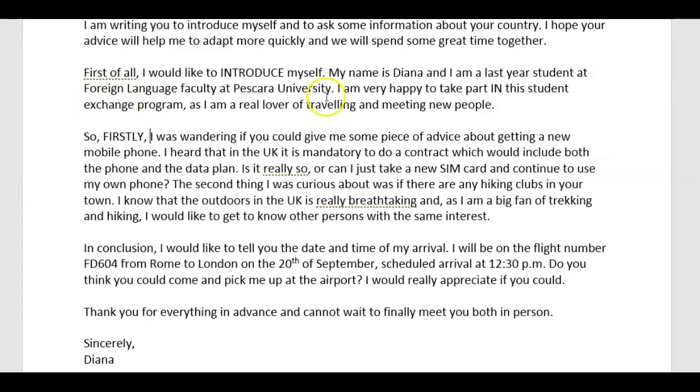I was wondering if you could give me some piece of advice about getting a new mobile phone. I heard that in the UK it is mandatory to have a contract which would include both the phone and the data plan. Is it really so, or can I just take a new SIM card and continue to use my own phone? Okay. Second,